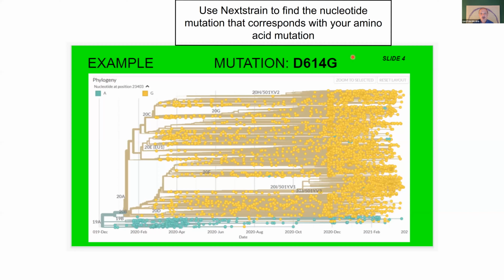This is now the aspartate to glycine, so D to G, but this one is nucleotide position, so I just made the mistake. So this is adenine and guanine. These abbreviations are nucleotides, and these abbreviations are amino acids. Yeah, so you have to learn that. You learned that in 7A, so dig it back out. There are abbreviations for amino acids and abbreviations for nucleotides, and don't confuse these two.